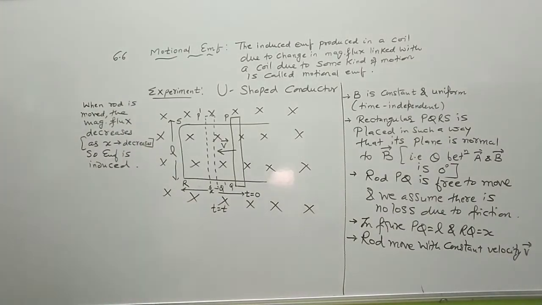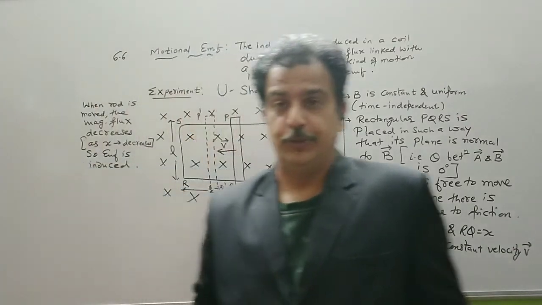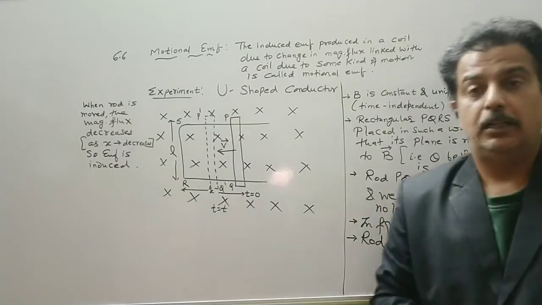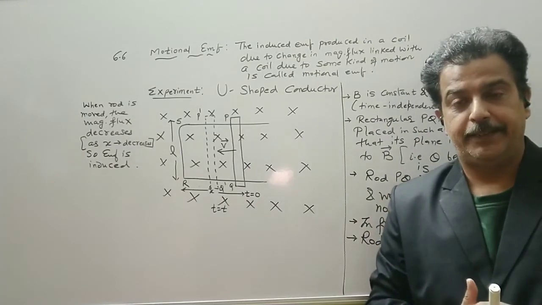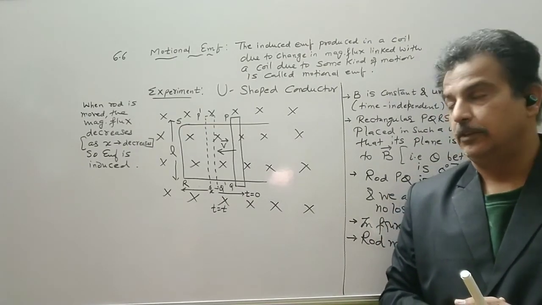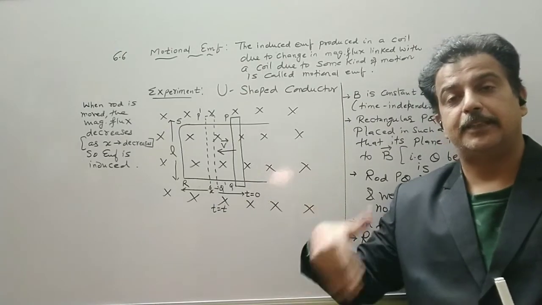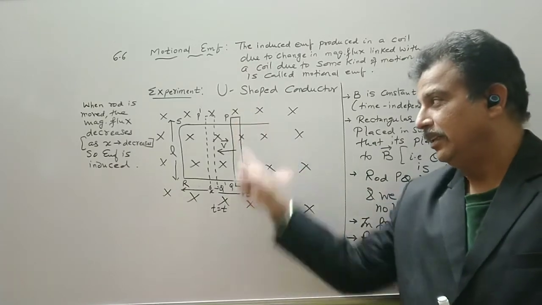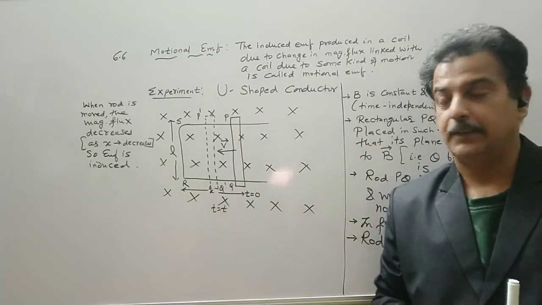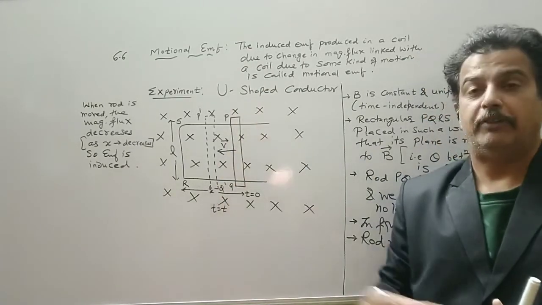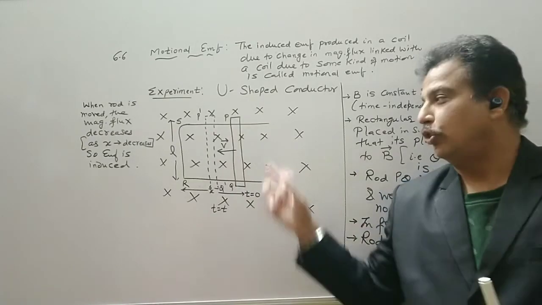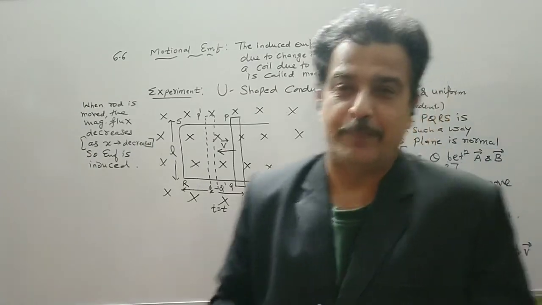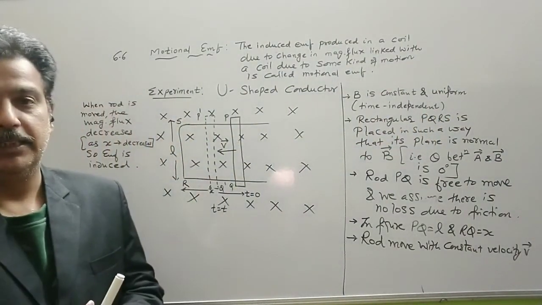So we have to apply the Faraday law. Also, keep in mind the angle between the B vector, so B is going into the page, let us assume it is the negative Z axis. The length of the rod is along the Y axis, and the direction of V, let us assume, is the negative X axis. All three are perpendicular to each other.